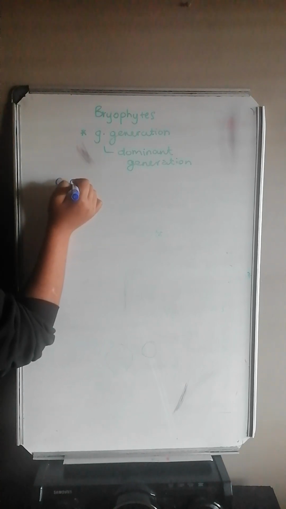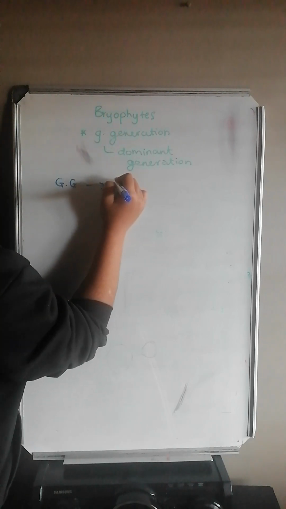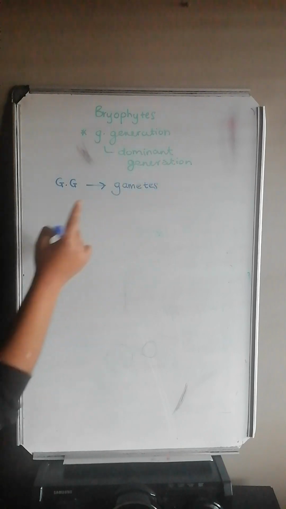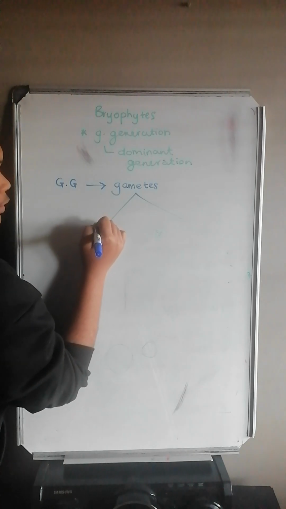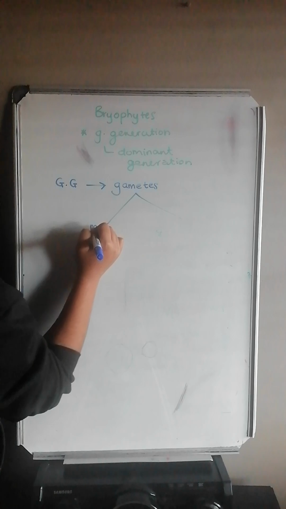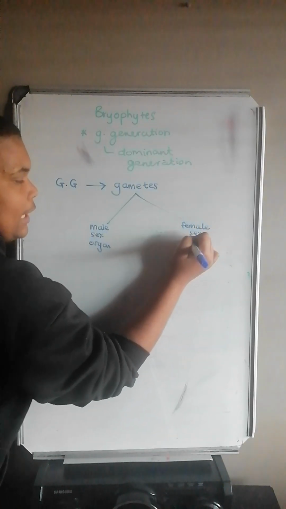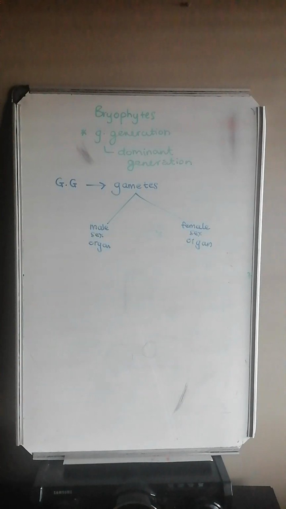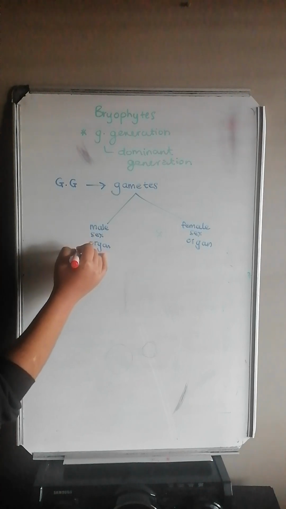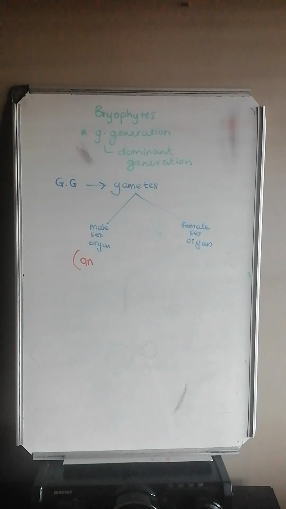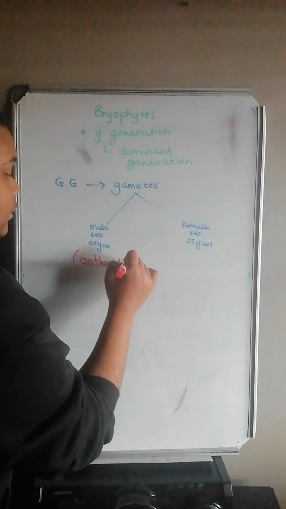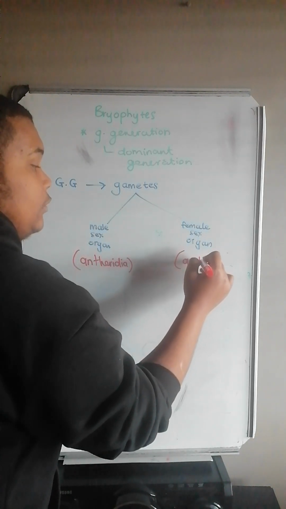So when we are doing bryophyta, remember the dominant generation is the gametophyte generation, so the gametophyte generation will start first. In the gametophyte generation with bryophyta, gametes are produced. We have male gametes coming from the male sex organ, and we have a female sex organ. The male sex organ is known as the antheridia. Antheridia sounds very male, sounds like Andrew. And the female sex organ is known as the archegonia